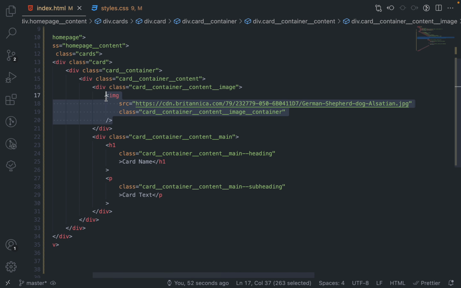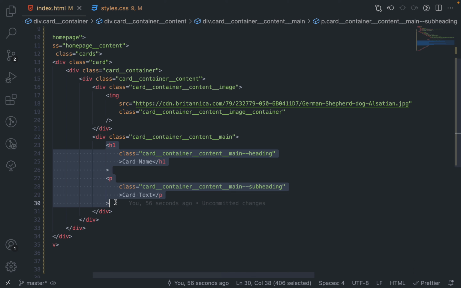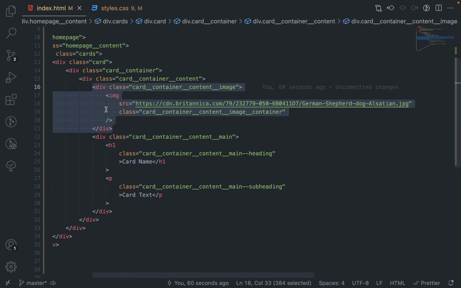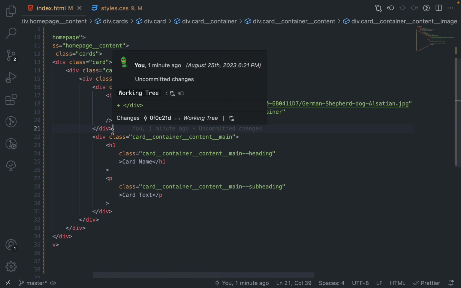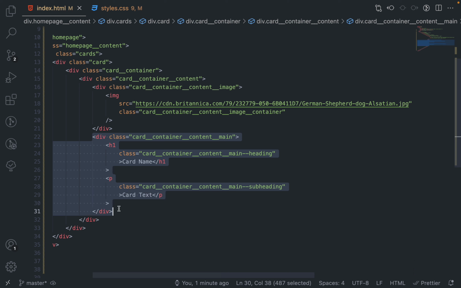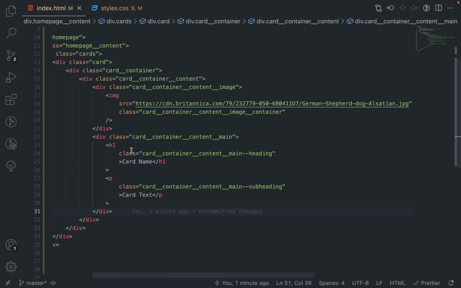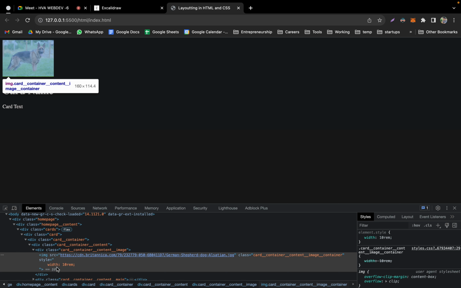Why are we not simply putting this image and this h1 and p tag directly? Why are we separating them? The reason why we are separating them is so that we can structure it properly. What if we want to have a proper structure, like margin spacing between these two elements? This is a visual element, this one is a text element. Fine. Anyways, so this is what we did here.